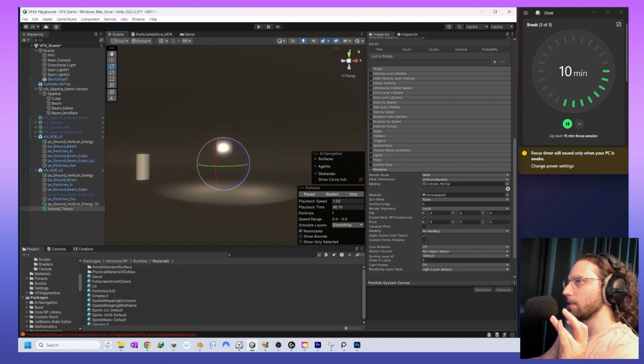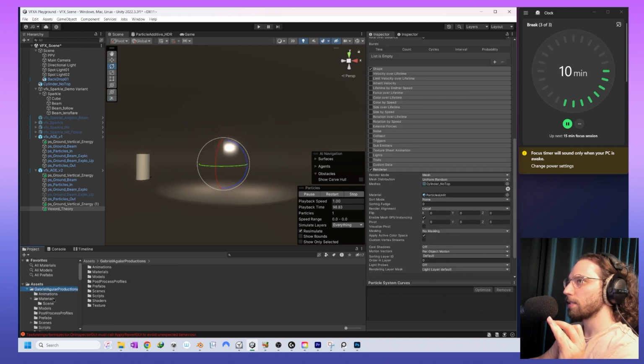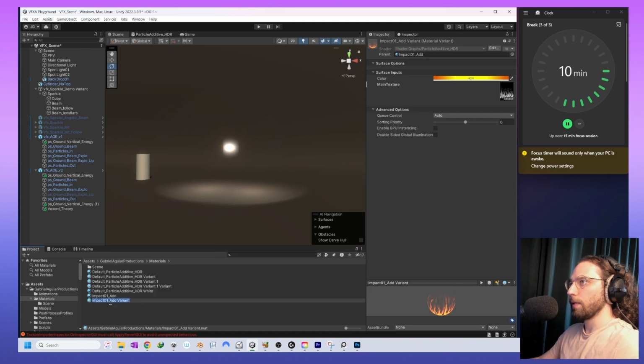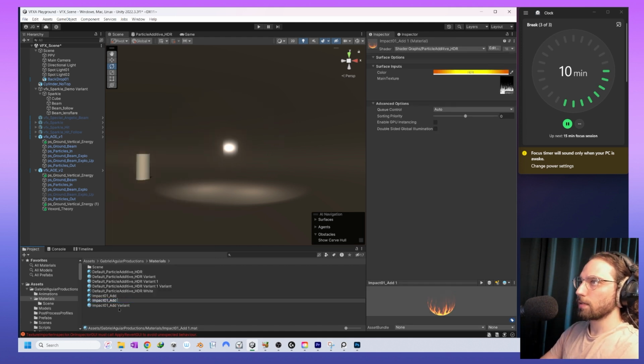Actually, we need it to be in HDR. So let's take our own shader. Materials. Okay. And now we will copy and paste that one, and we will call it laser beam